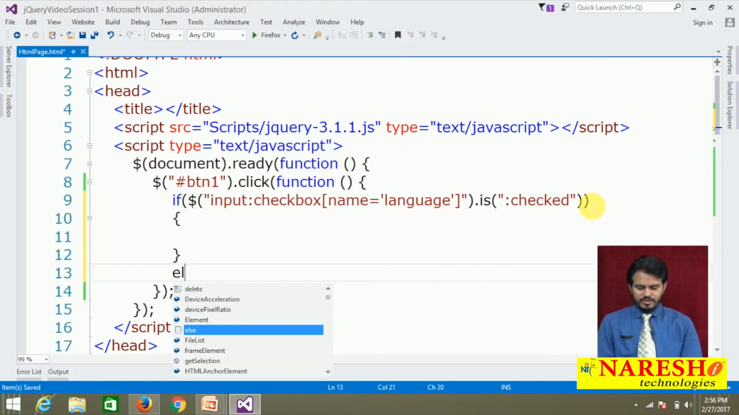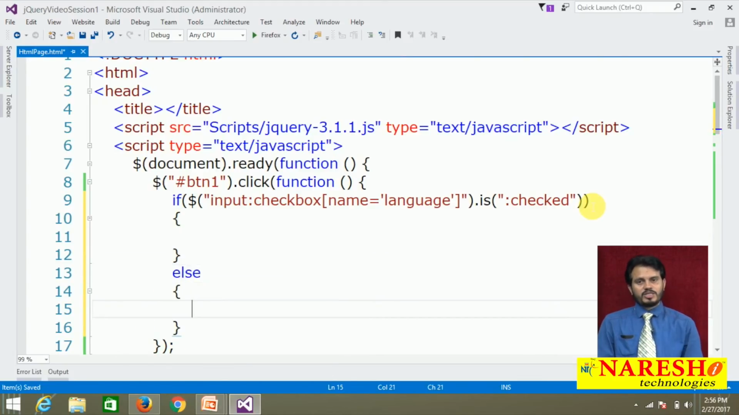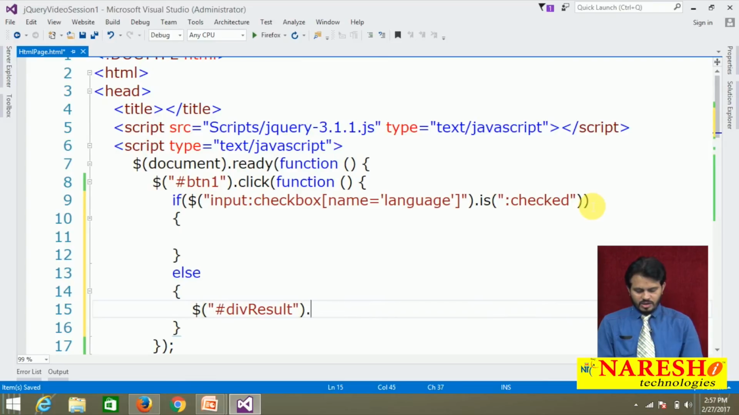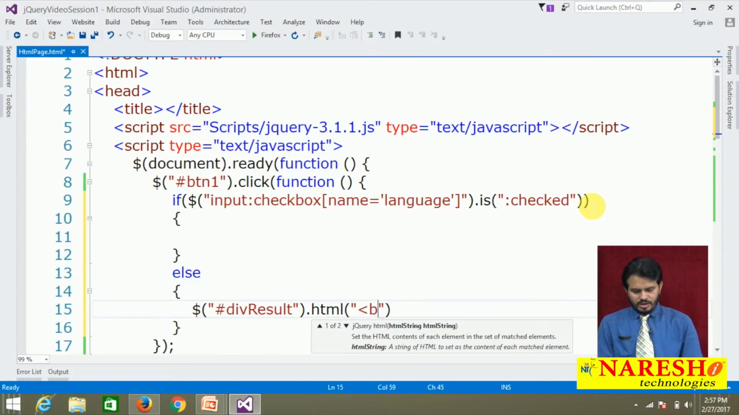Otherwise, in the else part, I simply display a message in div result. So dollar of hash div result dot HTML method I am going to use, because I want to display some text as HTML text with some style. So div result of, in a bold b tag, style equals to color colon red, and going to close message no